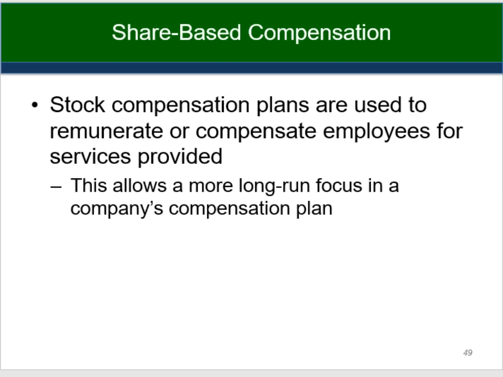the cash account is debited because they get cash. A contributed surplus account is credited for the amount of the premium, so essentially the cost of the option. And when the right or option is exercised, the cash account is again debited for the exercise price, along with a contributed surplus account, and the common share account is credited to reflect the issuance of the shares. I think we have an example here.